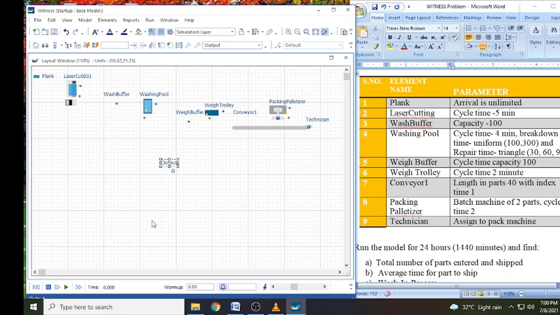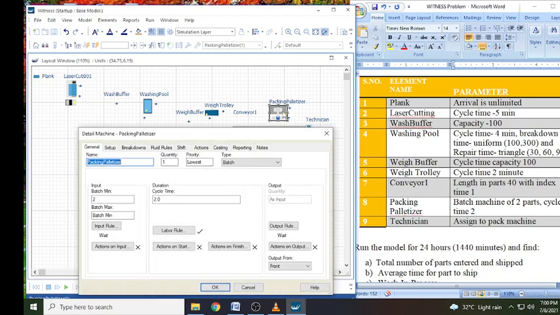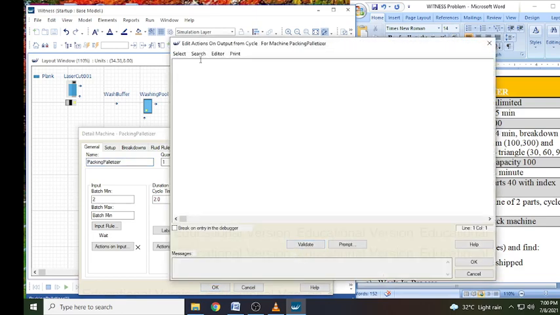Next we need to enter one more detail. For the packing palletizer, we have to add an action on output, and here we have to type output equal to, the integer that we have given, that is output, output equals output plus 1, and we will enter.